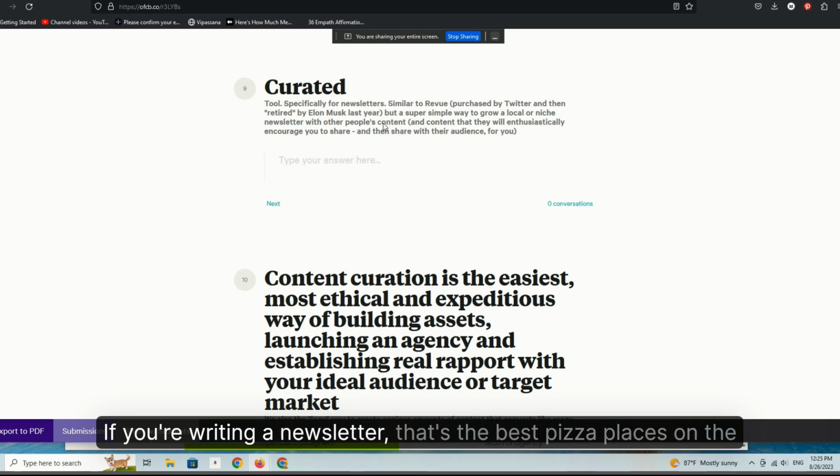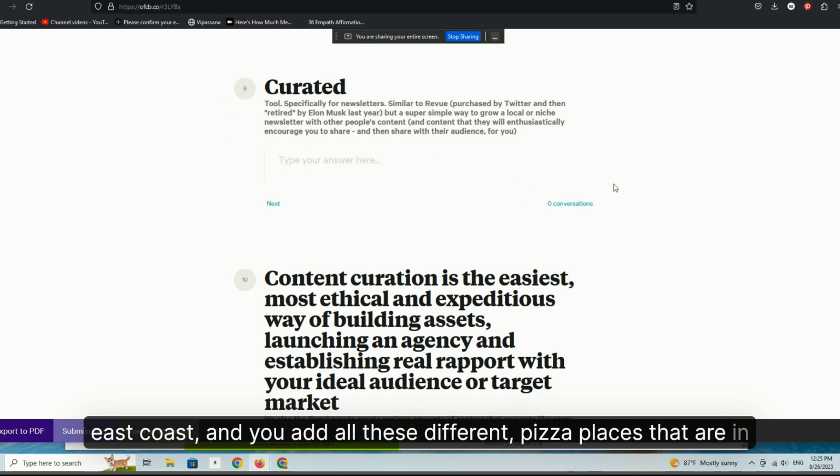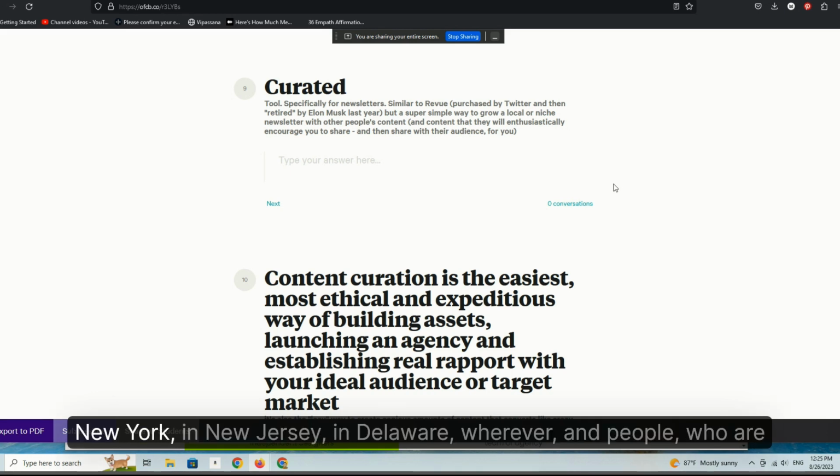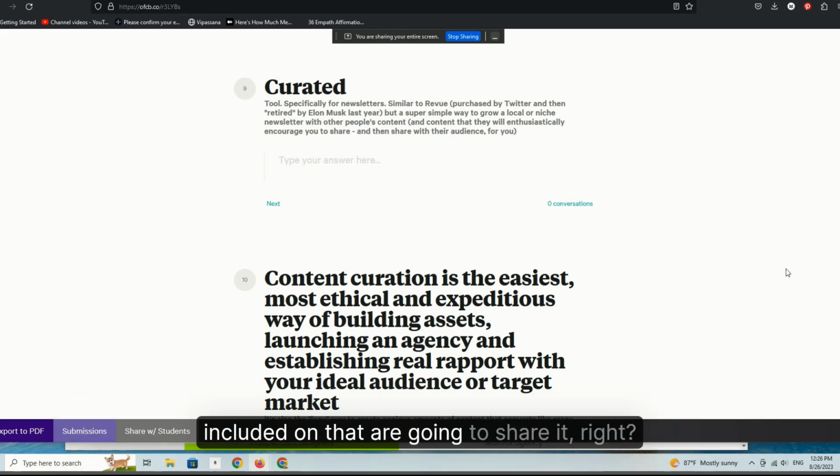If you're writing a newsletter about the best pizza places on the East Coast, and you add all these different pizza places in New York, in New Jersey, in Delaware, wherever, the people who are included on that are going to share it, right?